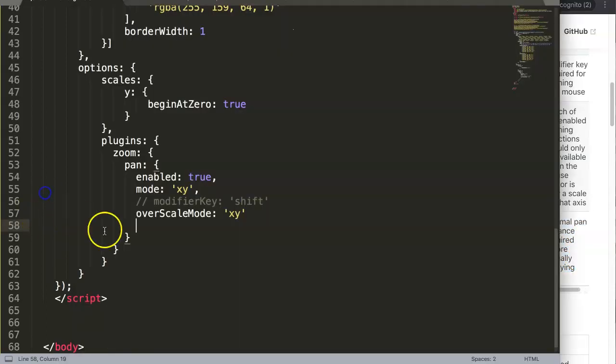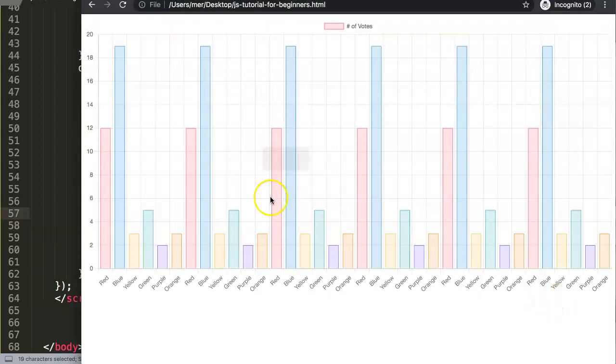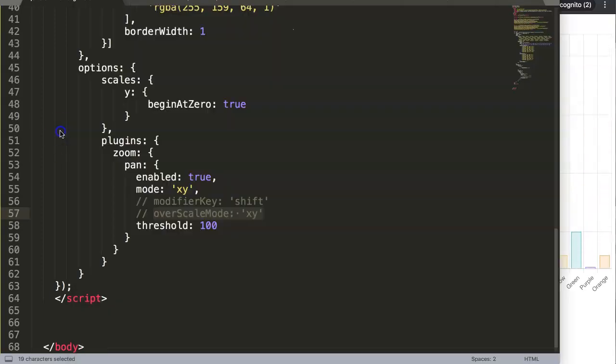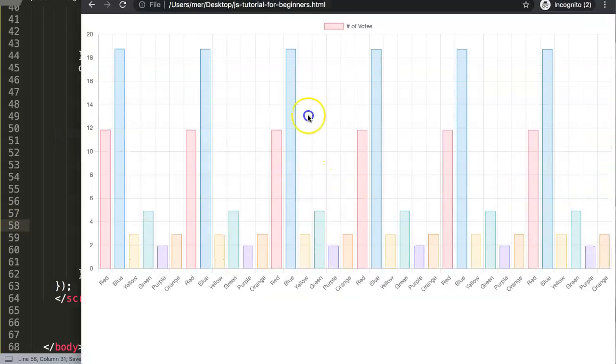So let's put in a threshold and let me show you. For example, here by default it's set to 10. So let's make this 100. I'm going to hide this effect here and save that. Go back here and refresh, and then we are able to go up and down. There you are. So the moment we put this up, let's say we put this at 300, we save this, refresh, and now